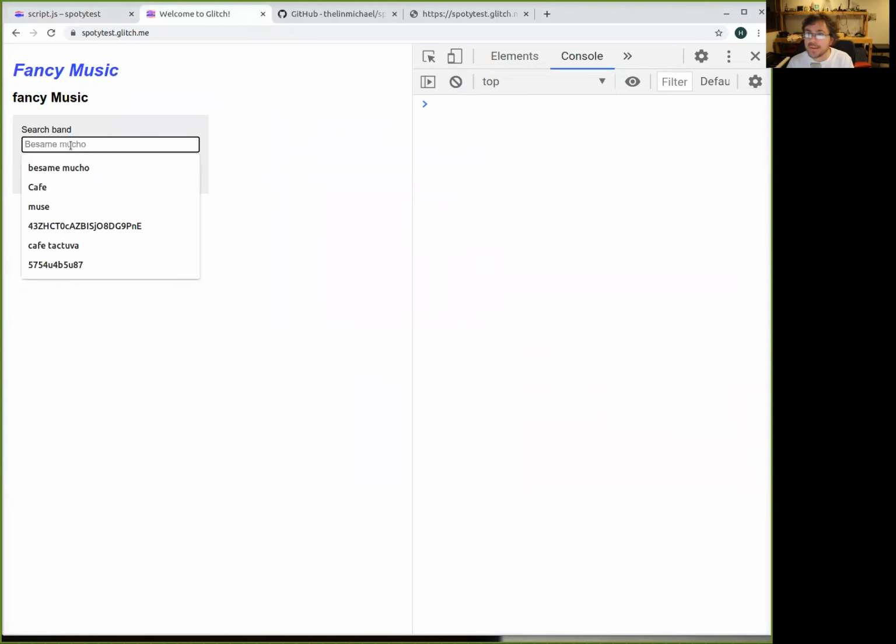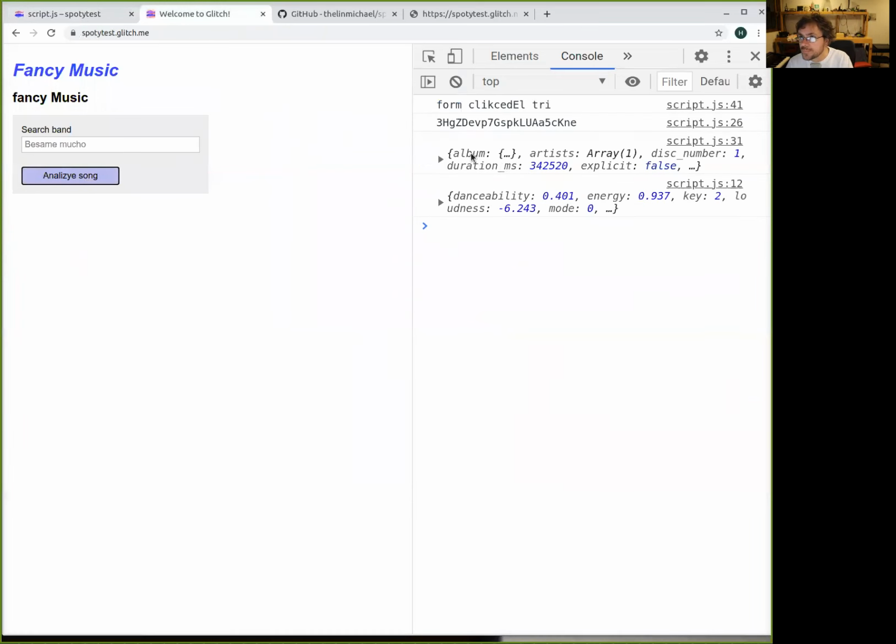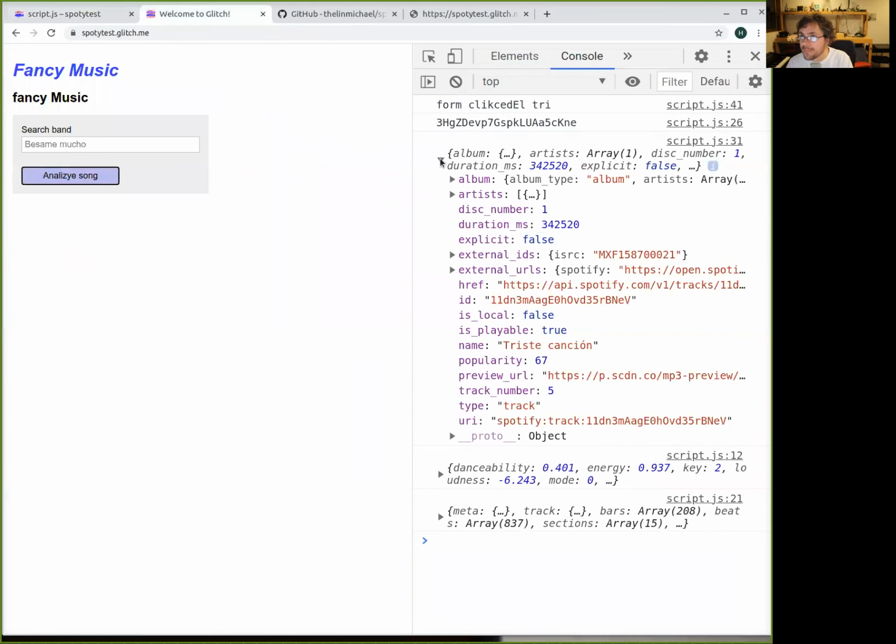Oh, L3. It's called data track dot name, right? Data track dot name. Oh, and then the preview is in that part.